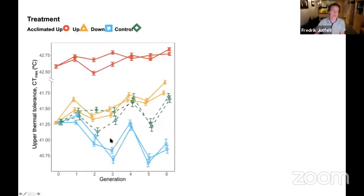But these are the results. Here's the thermal tolerance on the y-axis, and on the x-axis is the generation, so 7 generations from 0 to 6. And you can see it's a bit noisy. They're all going up over generation 4, they're all going down on generation 5, and then up again. So to get rid of that probably environmental noise,